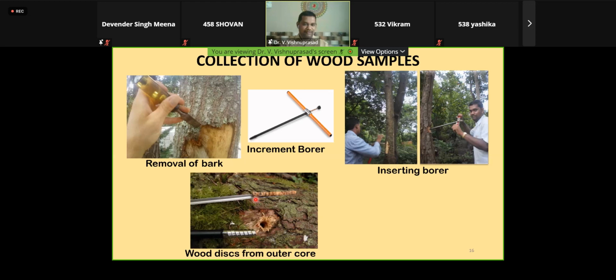And then the wood which you get like this might be moist or wet, so you need to dry it completely. And the rest of the thing: if you're collecting a wood sample, it's advisable to collect even the twig sample for authentic identification in the herbarium, just to be on the safer side. Because if you are in the field, maybe you have ventured out to some forest area in a far away place or something,